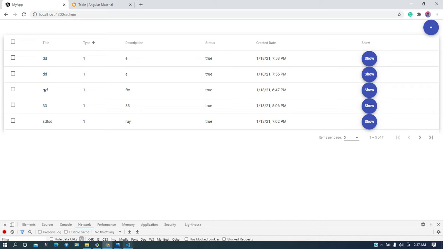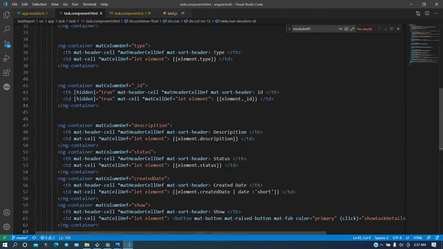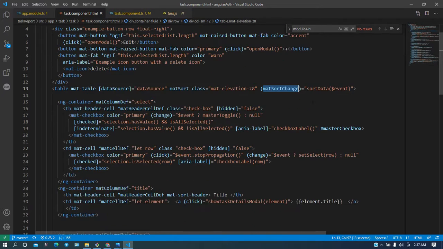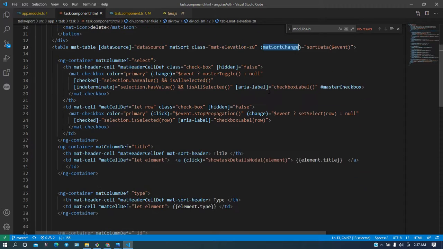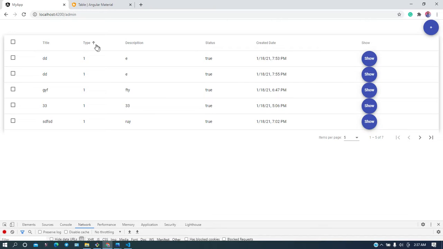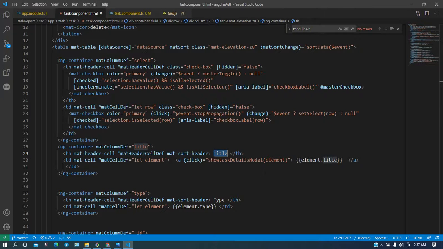So look at my code, what I have done. I have done the same thing. If you look at my code, the table has matSort, that's it, and on the matSortChange event we are calling another method. Just remember this point. And then in the ng-container you can notice the th having the title and matSortHeader is available. If you do not provide it, then the up and down icon will not be available. Sometimes you are not getting this icon, and you will be worried about why you are not getting it when you have done all these things fine. It's not like that, you have missed this part.